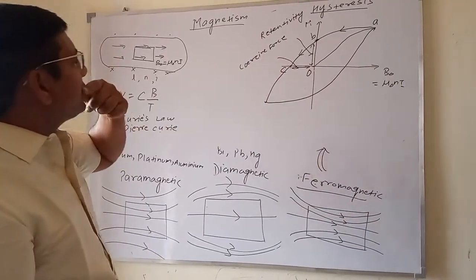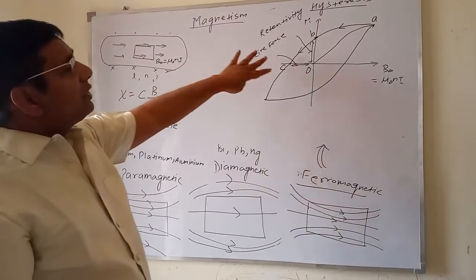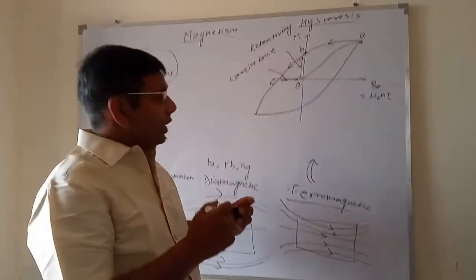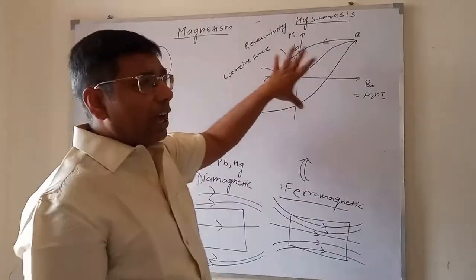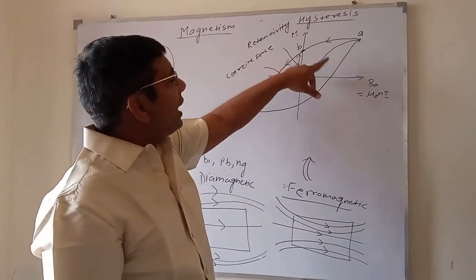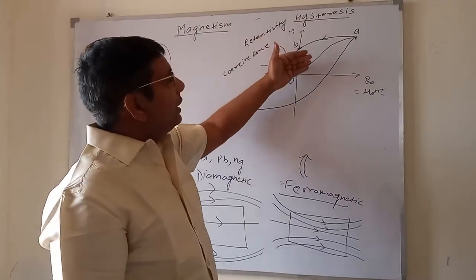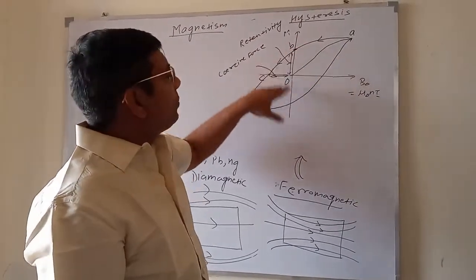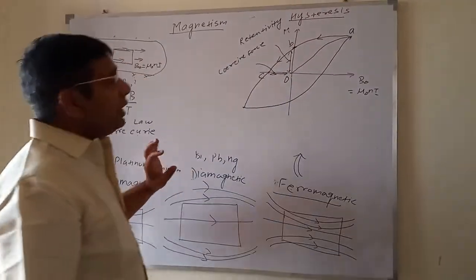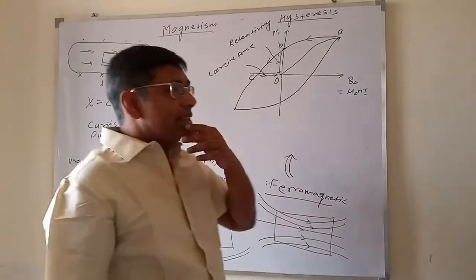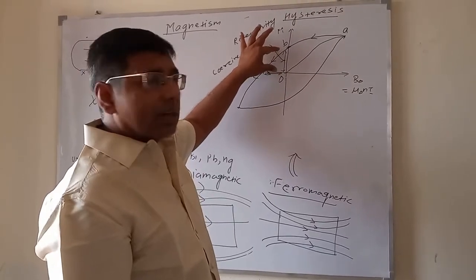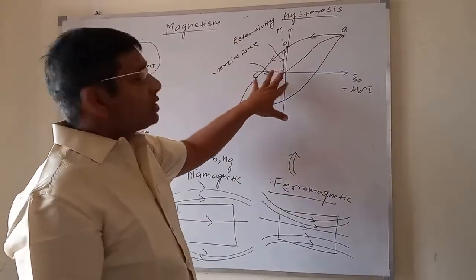Now, this curve is very, very important. Why? Because it is a kind of signature of a material. For a given temperature, a material will have a very definite curve. And what does this show? It shows how much energy is dissipated, so it gives information about the energy dissipation also. Now the question arises, what is good? Should OB be large or small, and should OC be large or small?